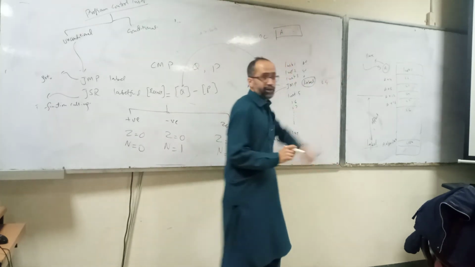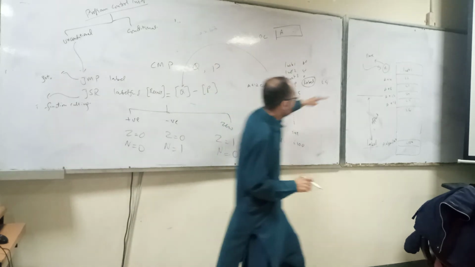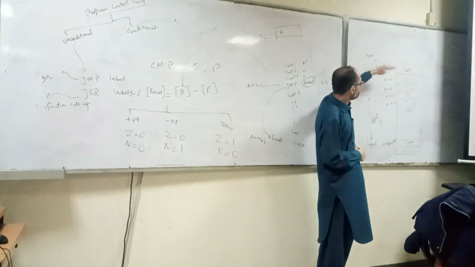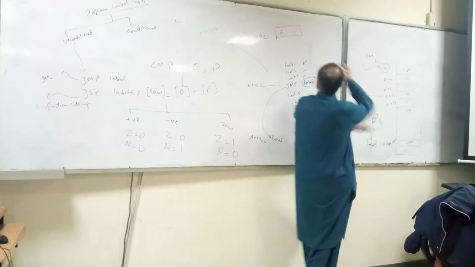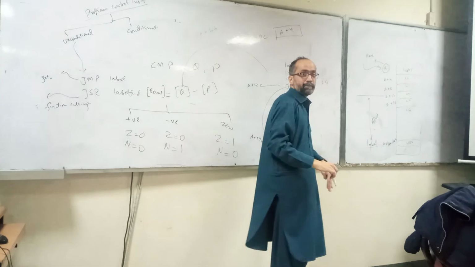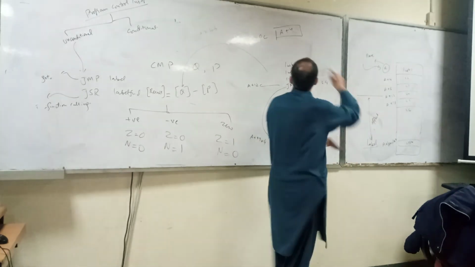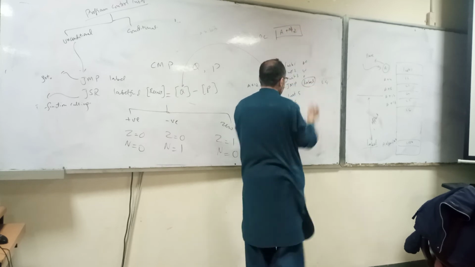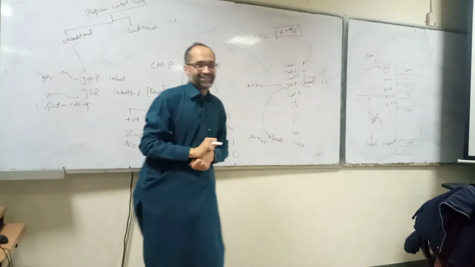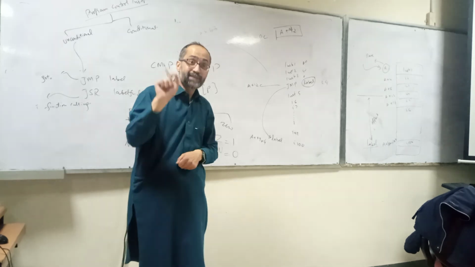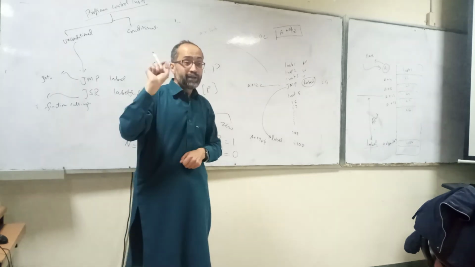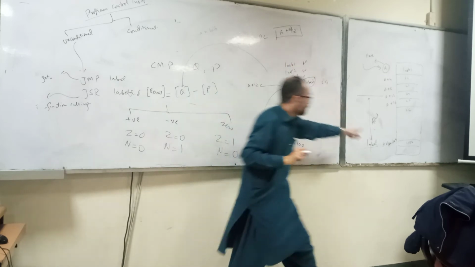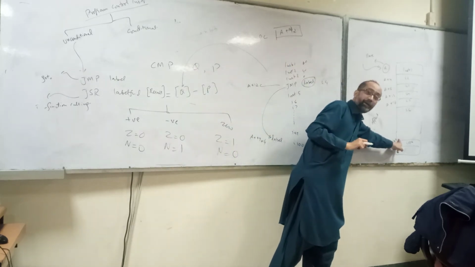Initially the program counter is pointing to A, the base address. When this instruction is executed, it automatically moves to the next instruction. So now what's the value? A plus 4. Then A plus 8. Then A plus 12. Now at A plus 12, it encounters a jump instruction. When it encounters a jump instruction, the control has to be moved from A plus 12 to where? A plus 99 multiplied by 4.